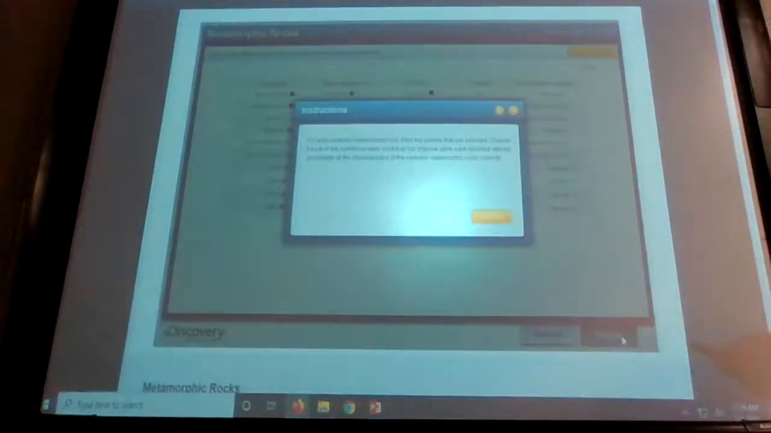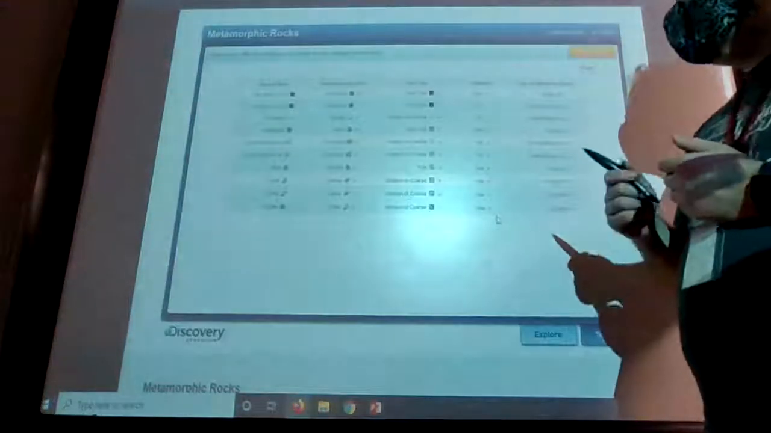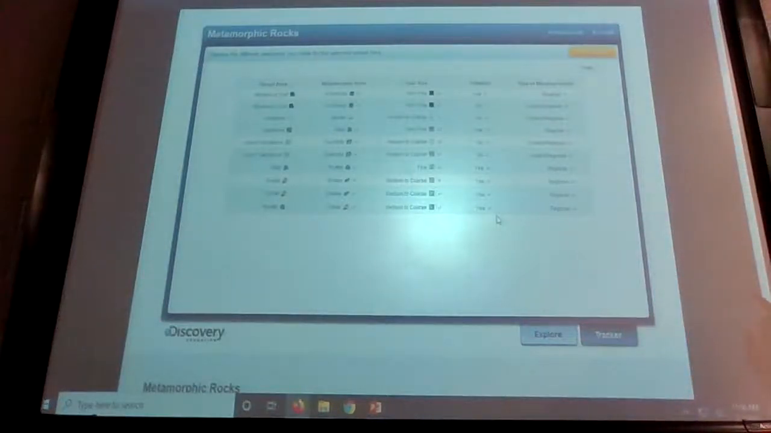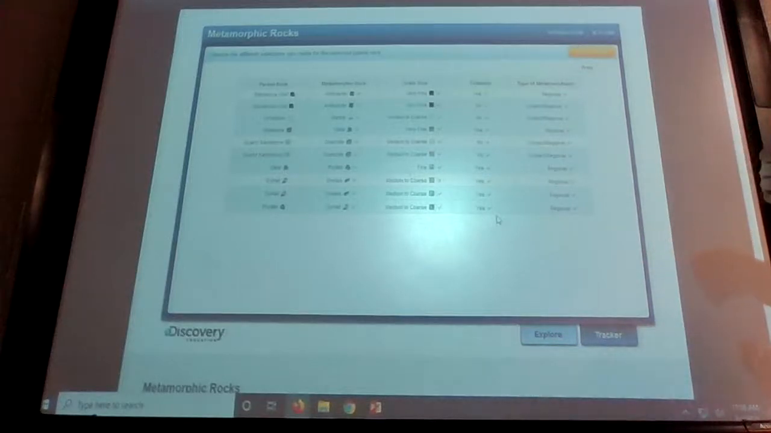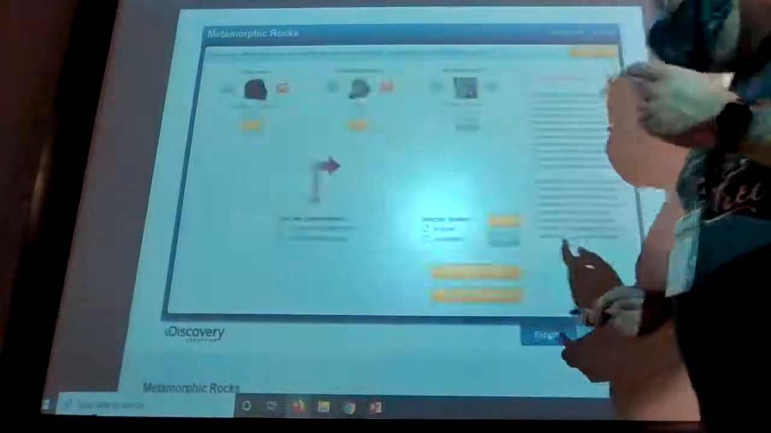Go to the tracker. Continue. Nice. That looks like all of them. 1, 2, 3, 4, 5, 6, 7, 8, 9. Okay, I think we're good. They got a couple that are doubled up for regional metamorphic. Nice. So we might need to come back to this to answer a couple of the questions in the actual